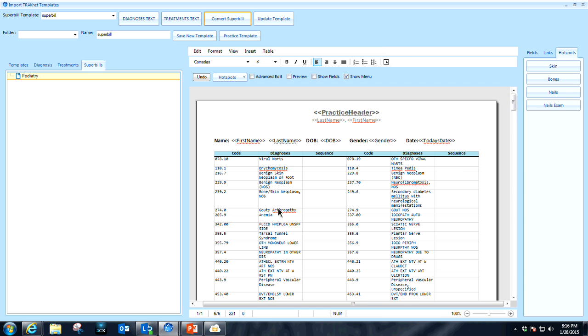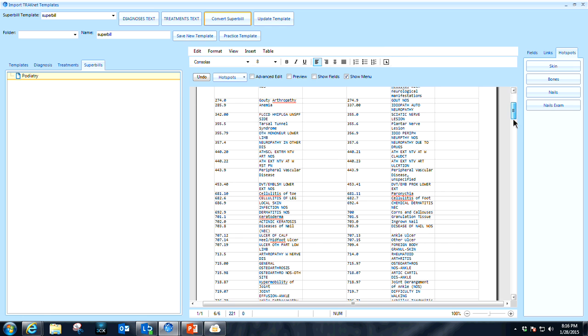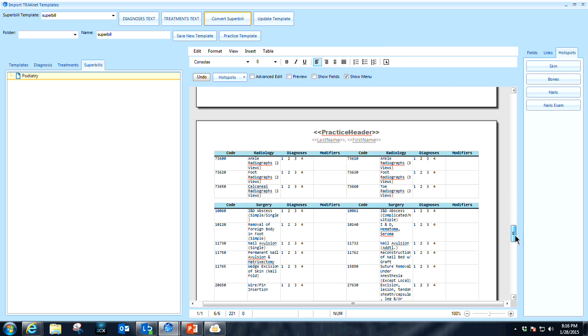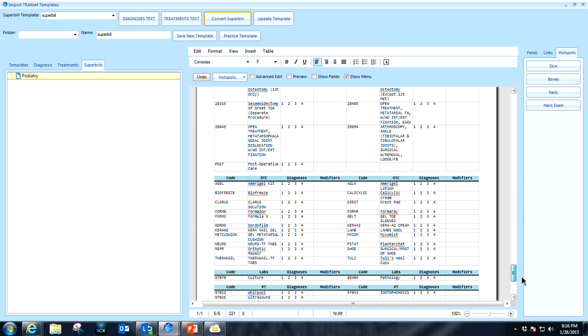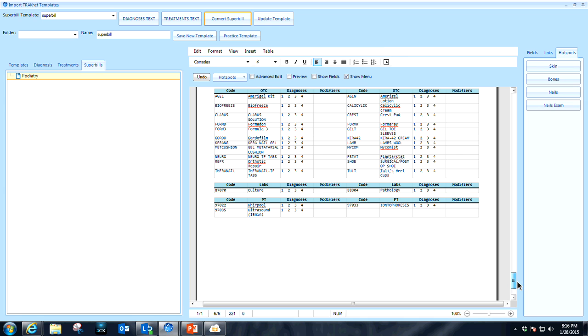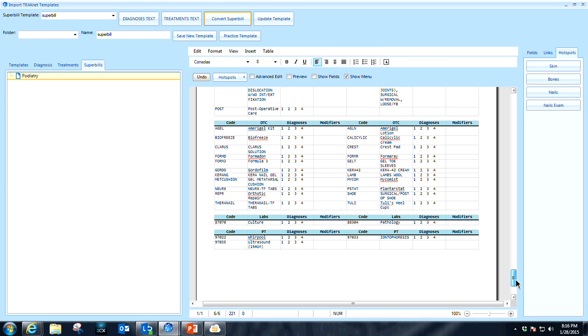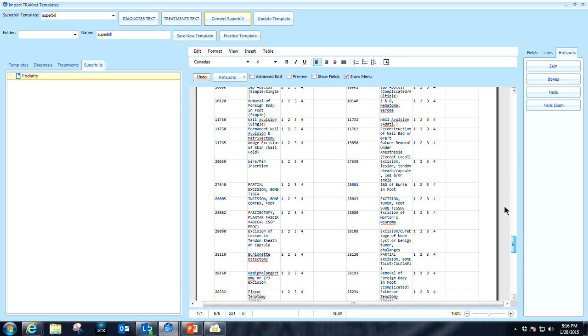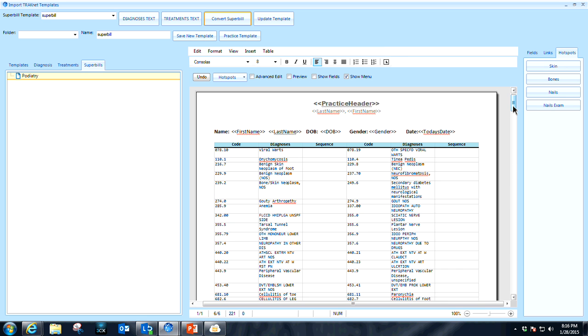At this point, if you want to edit anything about this, if you want to shorten it up so things do not appear stretched out, please feel free to come in here and do any editing of this as you'd like. But that is your super bill from Traknet 2.0. All of your ICD-9s, all of your CPT-4 codes are here now, converted over to 3.0. I'm going to save that as a new template